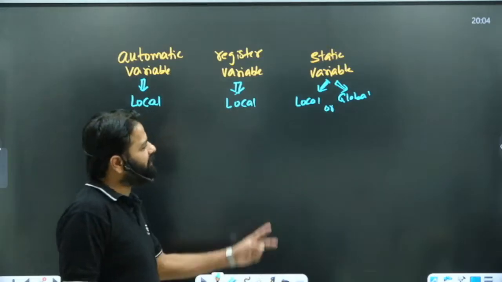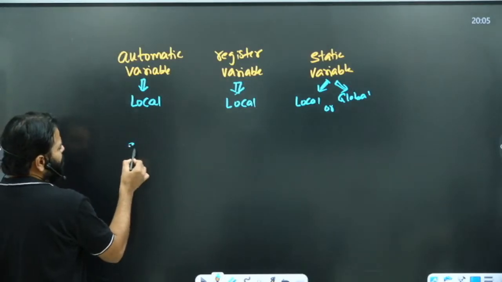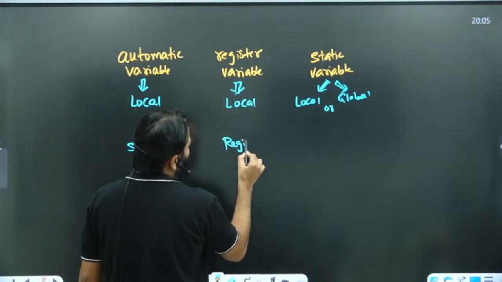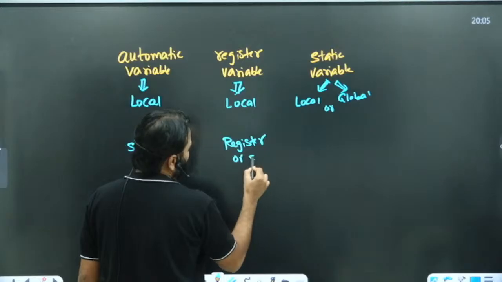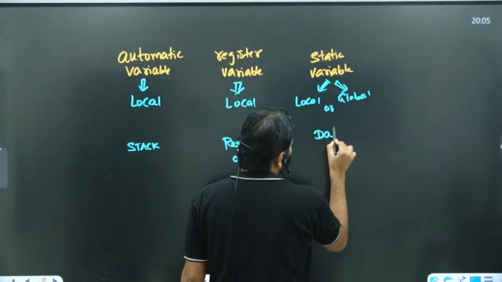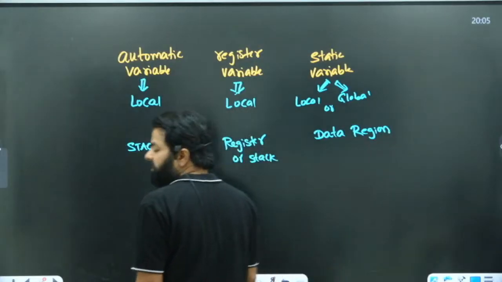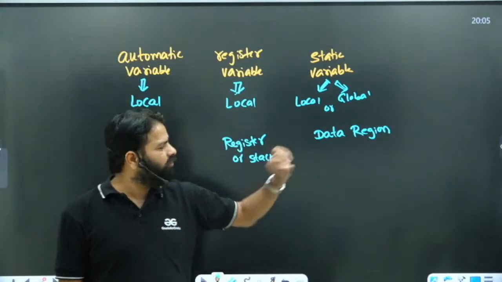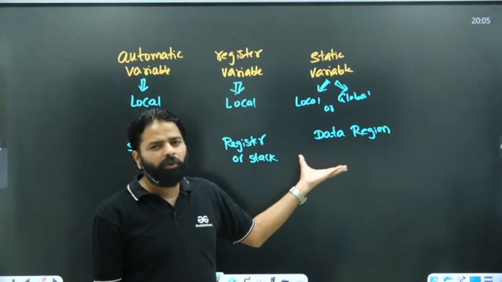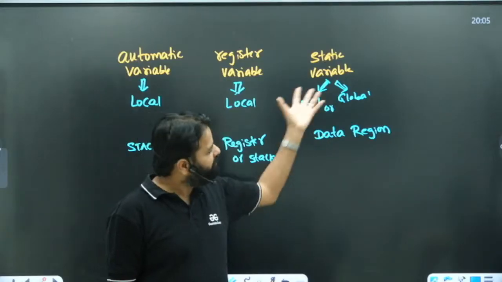There are two ways to write a static variable. Another difference is that the memory is allotted on the stack here. This one is mainly intended for register, but if it is not available, it may be stack. But this is a different region called the data region, a very special region in a computer. In the data region, everything is default initialized with zeros. There is no garbage value in the data region. And the specialty of the data region is that memory is allotted before the program starts execution, and only at the end of execution will this memory be deleted.